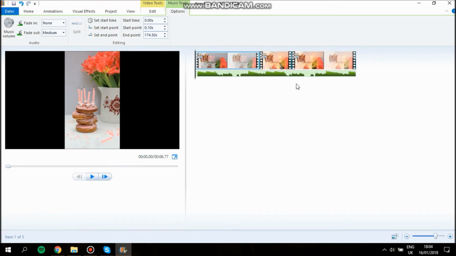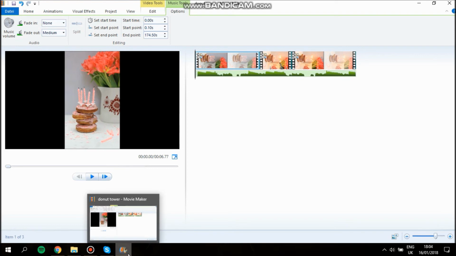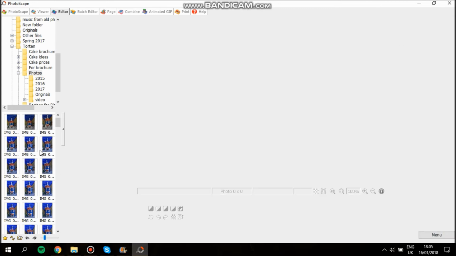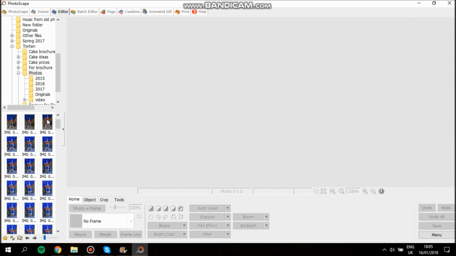So that was about the movie maker, and now we'll have a look at the second program which I use for working on photos. And this program is called Photoscape. It is also free because I'm using the free programs, and you can download it somewhere online. So here I go to the editor, to the photo editor,